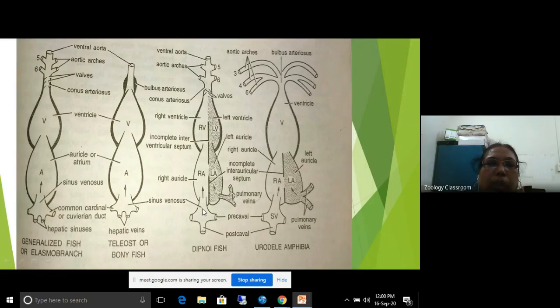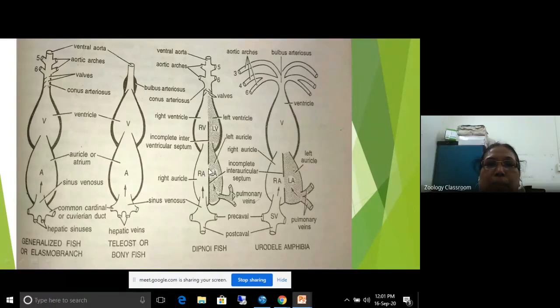So the sinus venosus opens into the right auricle by sino-auricular aperture. Then this is the right side, right auricle. In between them there is a partition, and in the central portion there is a hole. It is called the foramen ovale. And due to this mixed blood is formed. In right auricle, venous blood. In left auricle, blood is collected from lungs, and this oxygenated blood is poured into the left auricle. So in between right auricle and left auricle there is a hole, and due to this hole this blood is